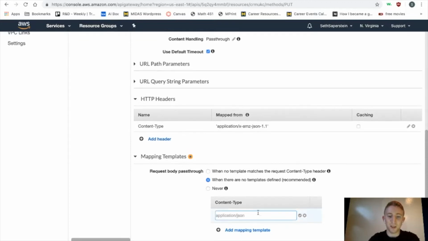Now, a partition key is an integer that's hashed in order to arrive at a shard number. So let's say, for example, that you have multiple shards. In this case, we have just one. Now, if you gave the partition key the number 1, and you did that again, both data would map to the same shard. However, a different number could map to a different shard. So let's go ahead and specify